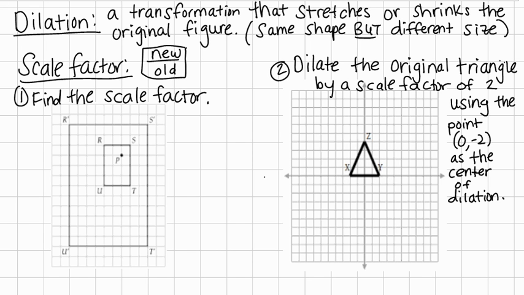A dilation is a type of transformation that stretches or shrinks the original figure. It keeps the same shape, but it has a different size. In order to do a dilation, you need a scale factor and you need a center of dilation. The scale factor is the ratio of the distance between the center of dilation and a point on the new